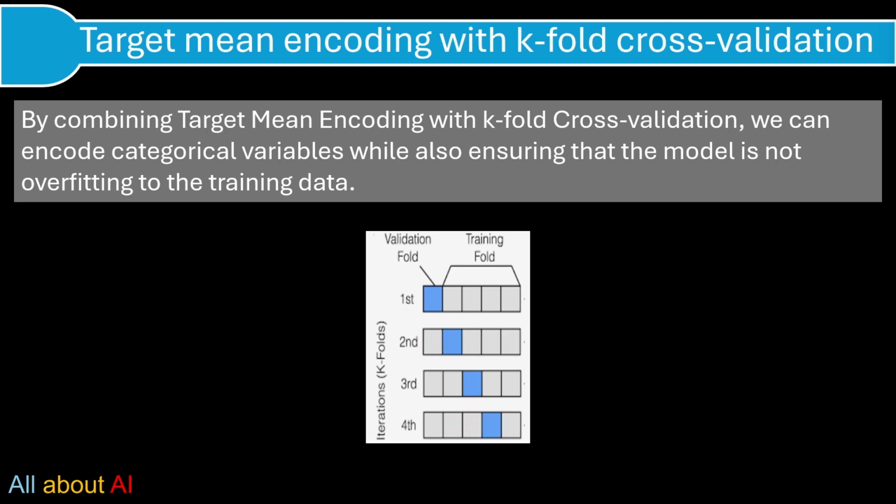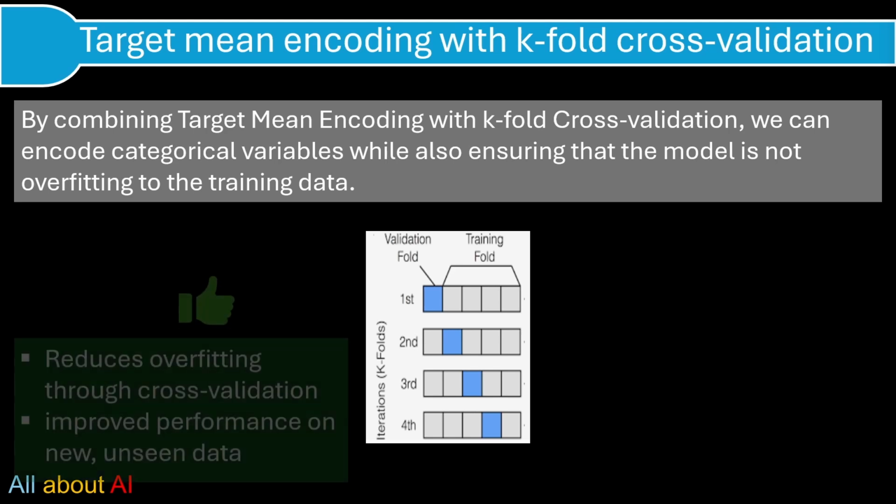So this way, we calculate the target mean for the validation fold and train the data using the training folds. And we encode using this process,